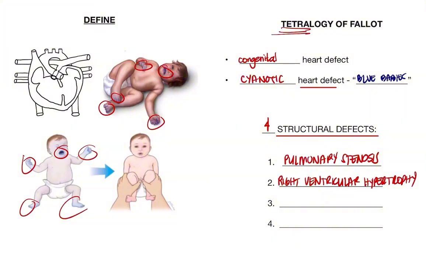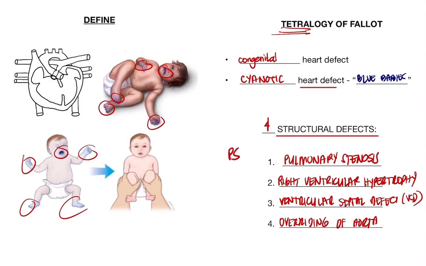Number 3, there is what we call a ventricular septal defect, or a VSD. And last but not the least, there is what we call overriding of aorta. So that's again pulmonary stenosis, right ventricular hypertrophy, ventricular septal defect, and overriding of the